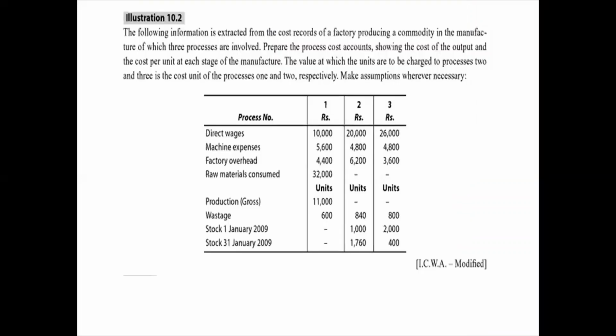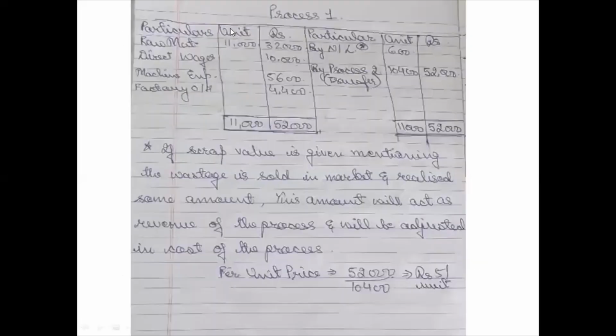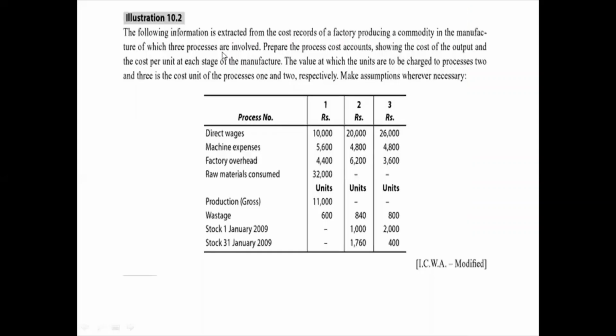First and foremost, the input value will include your raw material. So 2 things we need to see: first, how many units, and what is their value. So let us check for the raw material. Raw material consumed: here we are being given the monetary value, and in the second half of the table, we were given the unit value. Here they have given gross production. They have given you the value indirectly. They have not given you the input quantity, rather they are mentioning the output quantity.